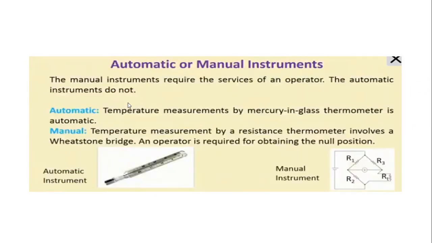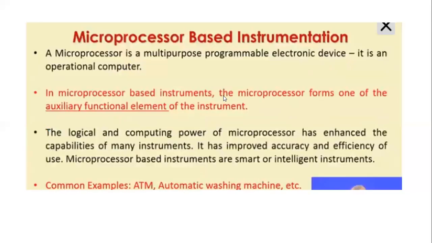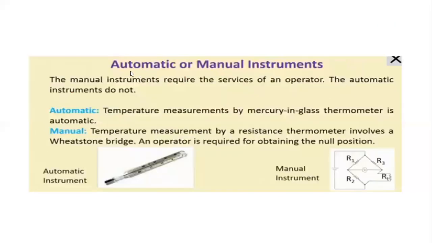Okay. Another one is automatic or manual instrument. Okay, കഴിയാറായി. ഒരു ഇതും കൂടി ഉള്ളൂ. ലാസ്റ്റ് വൺ ആണ് an automatic or manual instrument. ഓട്ടോമാറ്റിക് ടൈപ്പ് എന്ന് പറഞ്ഞാൽ ടെമ്പറേച്ചർ മെഷർമെന്റ് ഒക്കെ